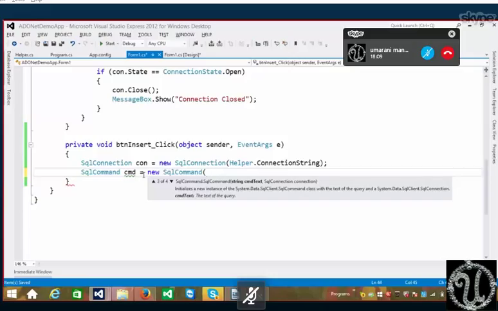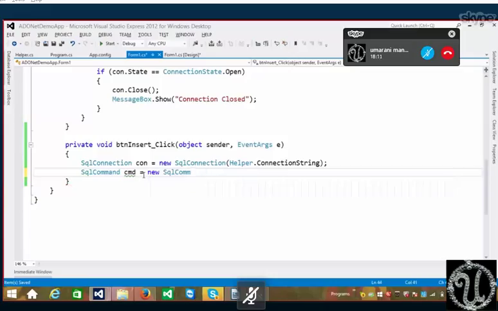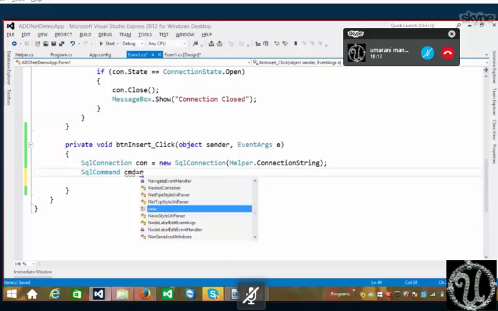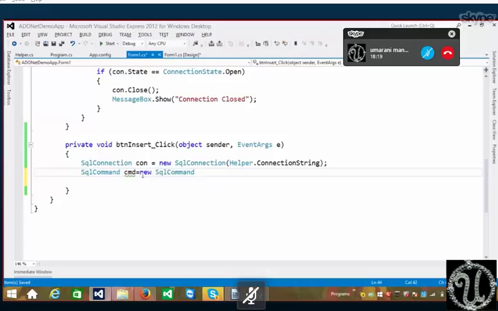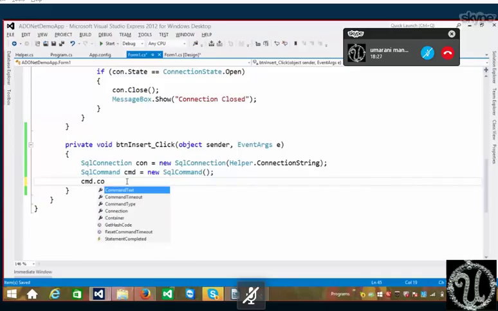So instead of that, what I'll do is, let me show. SqlCommand cmd is equal to new SqlCommand. I am not providing any parameters to the SqlCommand. After that, I have properties. CommandText, right? Where we are going to write our query in the CommandText property. In the CommandText, here you can write